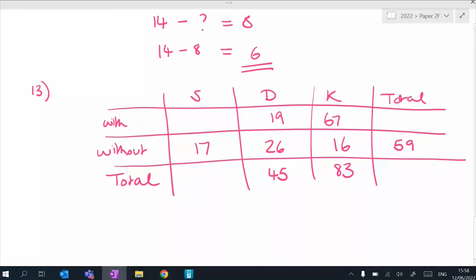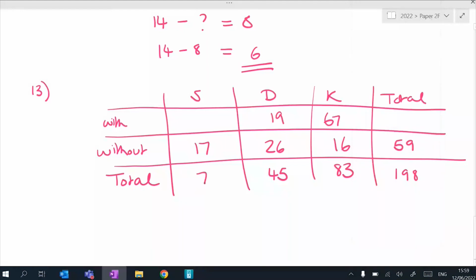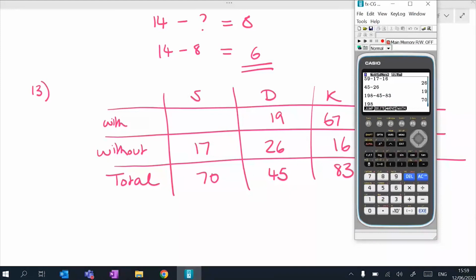Okay, and then, do I know anything else? There's 198 beds altogether. Sorry, I missed that bit off. So this is 198. So I can take away my 45, take away my 83. There's 70 singles altogether. I can also do